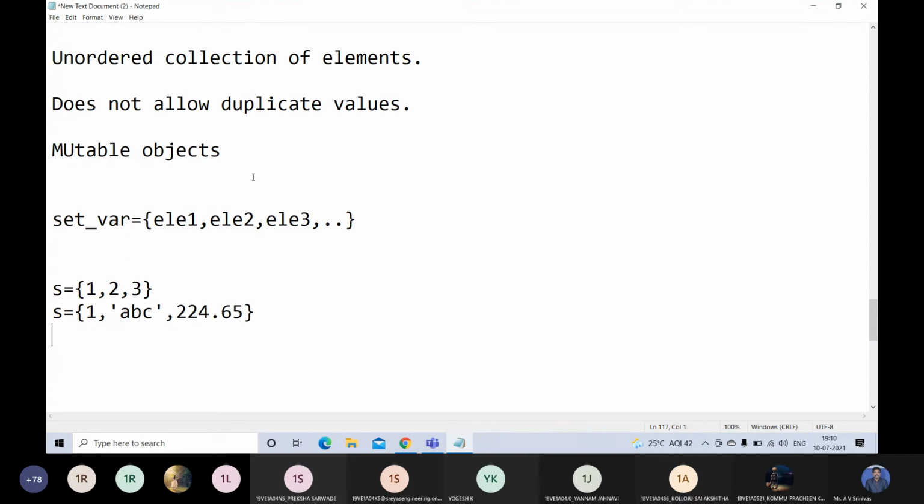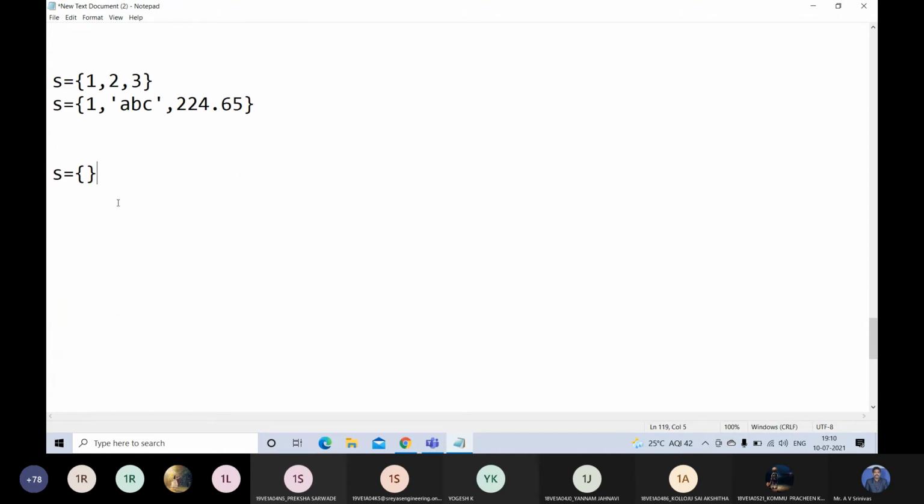But if you want to create an empty set, don't write like this. Why is it? Because if you write empty curly braces like this, the next data structure, dictionaries, can be created like this. An empty dictionary can be created like this.